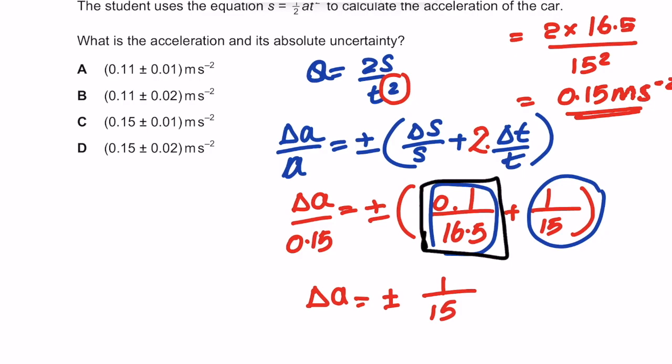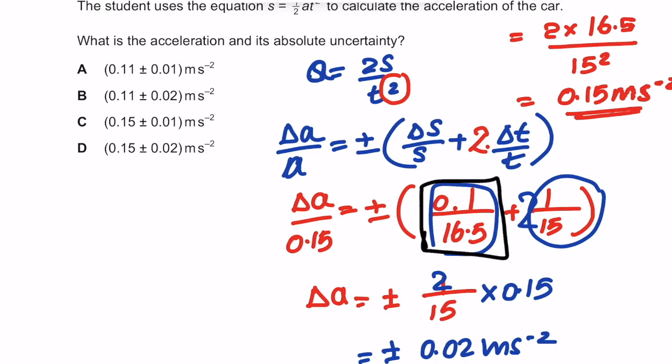Oh, I forgot that 2. 2 should be there. So, 2 over 15 times 0.15. Obviously, this comes to 0.02 meters per square second. I understand delta A should be, by adding this small value, a little more than 0.02, right? So, I am looking for that answer. So, you don't have to worry about adding all the numbers and spending your time. Focus on the biggest one and then think, okay, the answer should be a little bigger. So, answer is D.